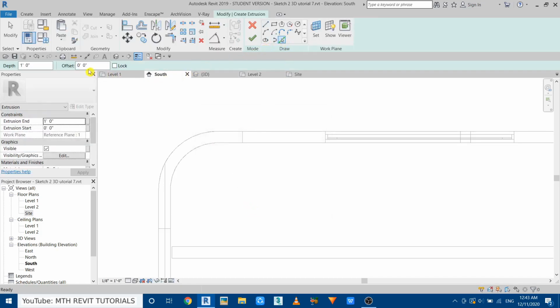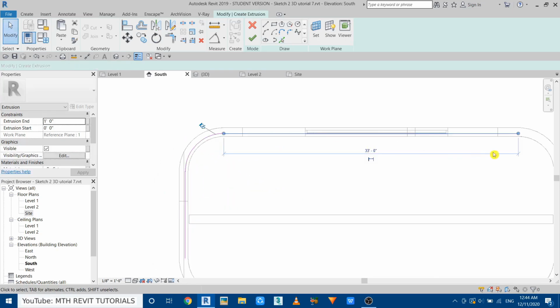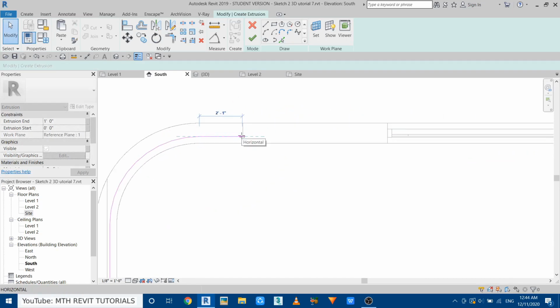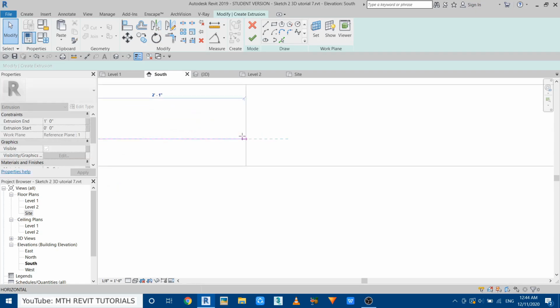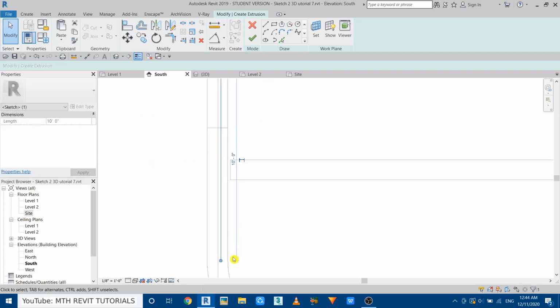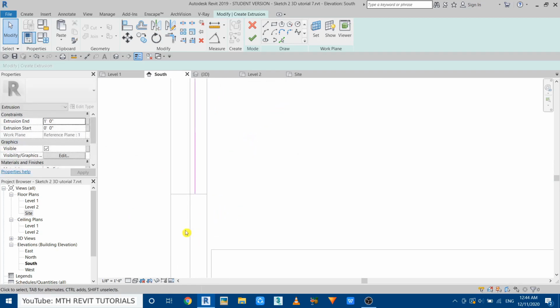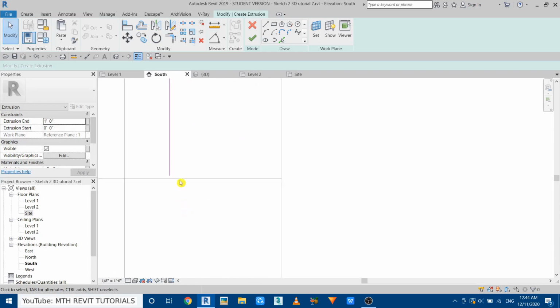Use pick lines, give 4 inches offset, and then pick this curve and these 2 lines. Now just select this line and drag that until here, until this opening, and then here as well. Just drag this until this opening, and then okay,